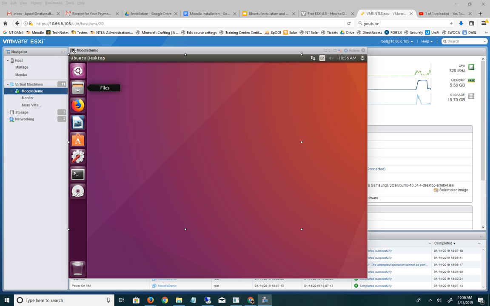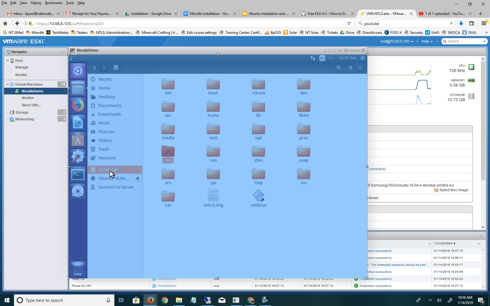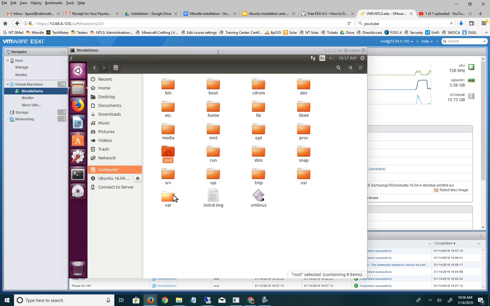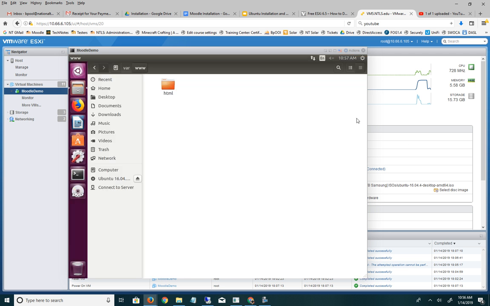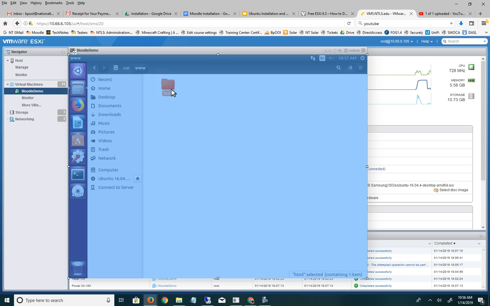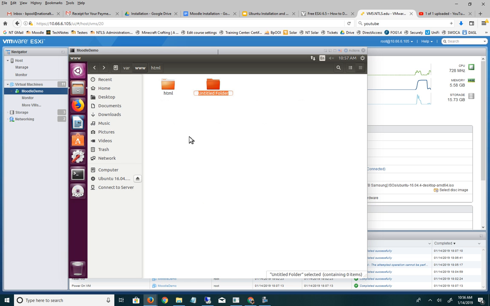So we've got our Ubuntu server set up with everything we need, and we need to set up our actual Moodle installation. So we've got a couple things we have to do. Since we've got it set up, I'm going to go to computer, and I'm going to the var folder, and I'm going to the www folder, and we see the HTML, and inside there is where we're going to put Moodle itself, but outside of there is where we're going to put two new folders that's going to hold our